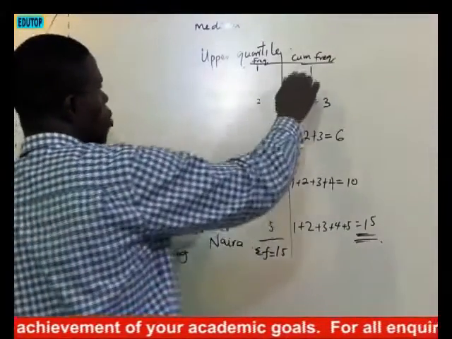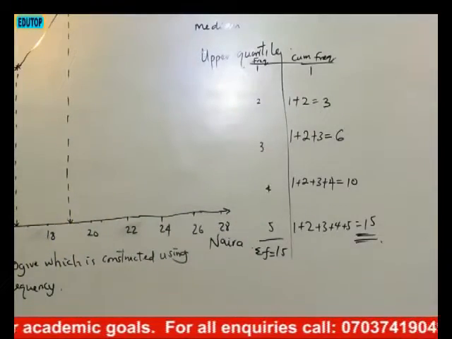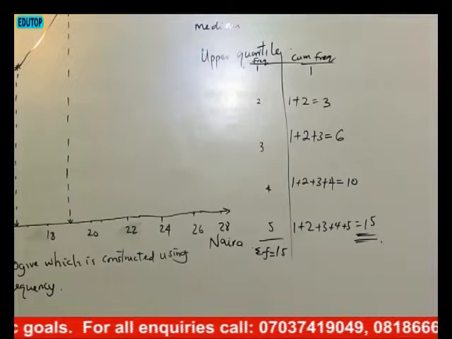Each time you are computing cumulative frequency, it must be equal to the summation of frequency. Take note of that fact so that you can be sure that you are on track. Now,